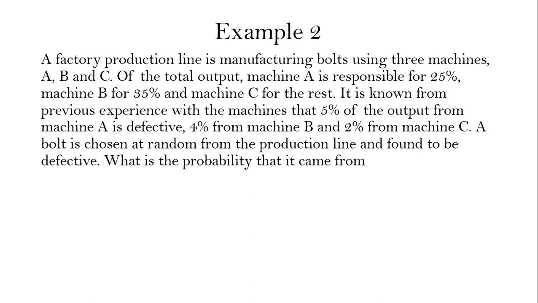So here is the question. A bolt is chosen at random from the production line and found to be defective. What is the probability that it came from the first scenario, machine A, second, machine B, and the third, machine C? Let's go straight at the solution. We have already had some basic interpretation here. So we shall begin